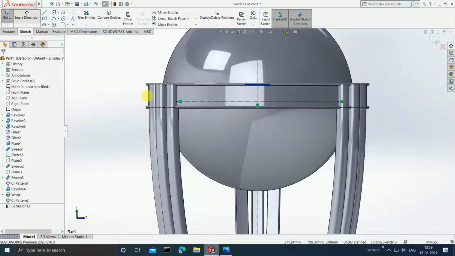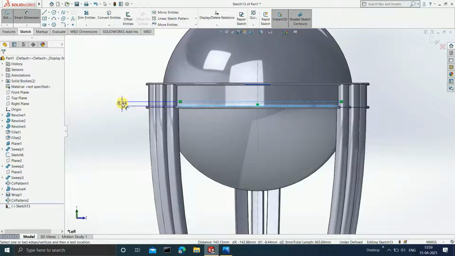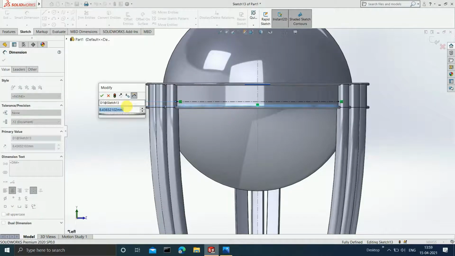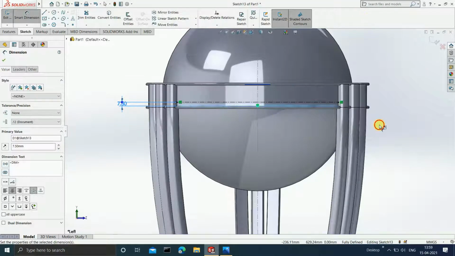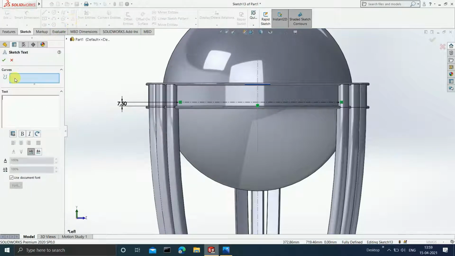Now give the dimensions to the center line. The center line has to be like at a distance of, let's say, 8 or 7.5 from this. Okay, done. Now on this we are going to write, right? So the curves that we are going to write on is this curve, and what we have to write? We have to write ICC World Cup.